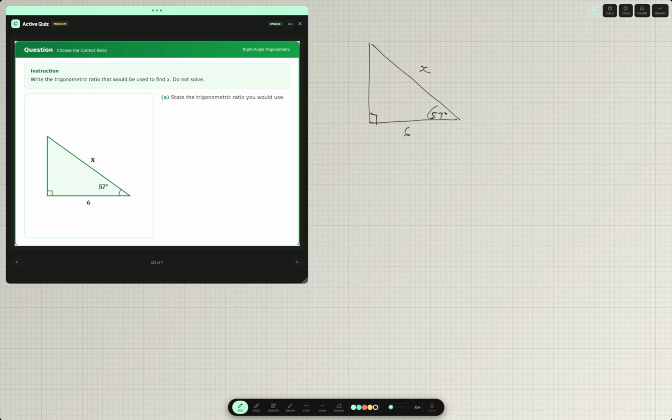Now, if we look at this, we can see that we need to label each side. So we haven't got an opposite, we have got an adjacent, and we have got a hypotenuse. So again, we're going to be using cosine here because cos is equal to adjacent over hypotenuse. That means cos of 57 degrees is equal to